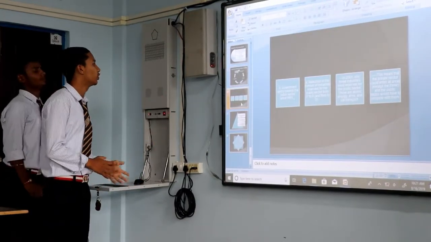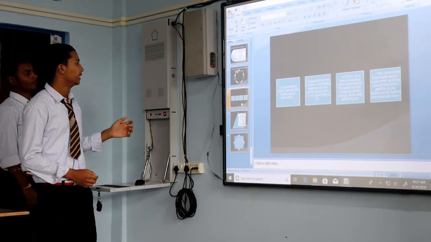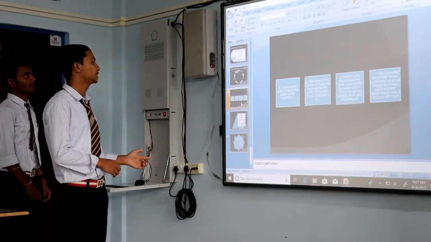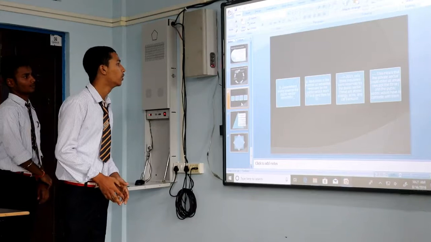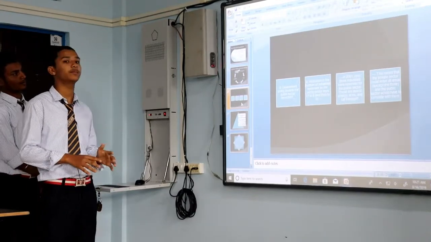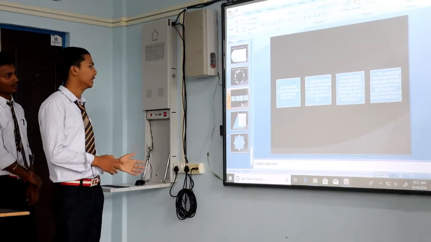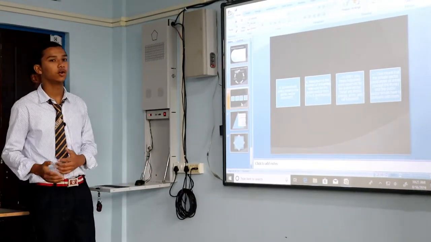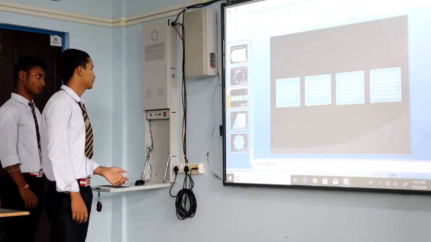So the fifth one is government policy towards the public sector since 1991. The first one is reduction in the number of industries reserved for the public sector from 17 to 8. The third one is in 2001 only 3 industries were reserved for the public sector. These are atomic energy, arms and rail transport. This means that the private sector could enter all areas and the public sector would have to compete with them.